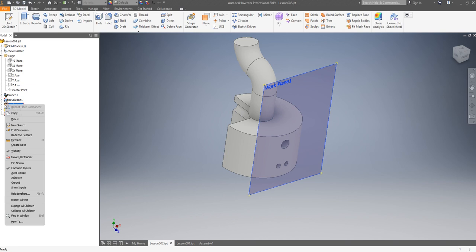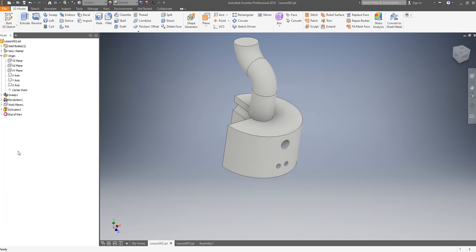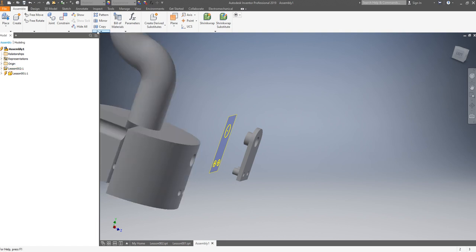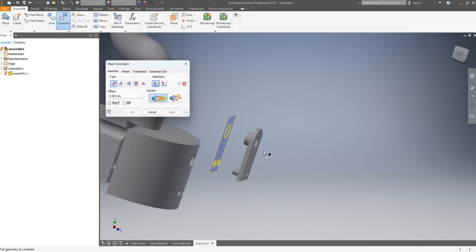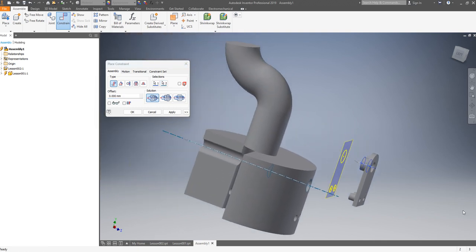Right click this one. Visibility. So okay, go back to the assembly. Now let's put a constraint. Center line of this cylinder, center line of this hole. Let's check the direction on same direction. Let's just select this one.